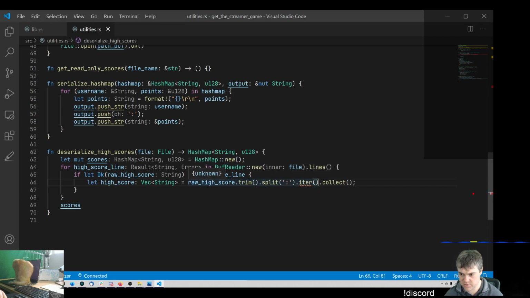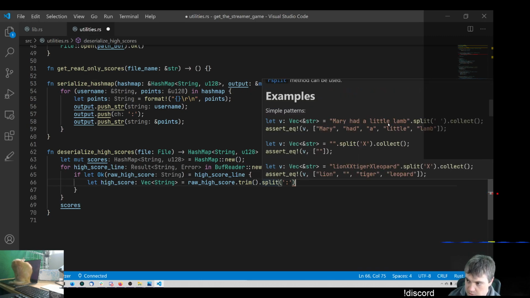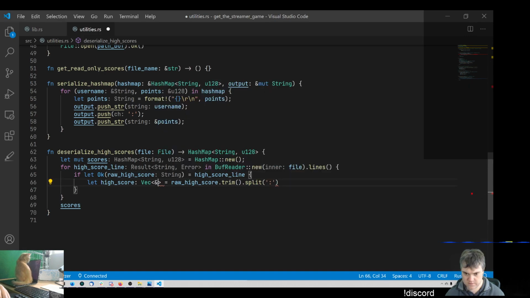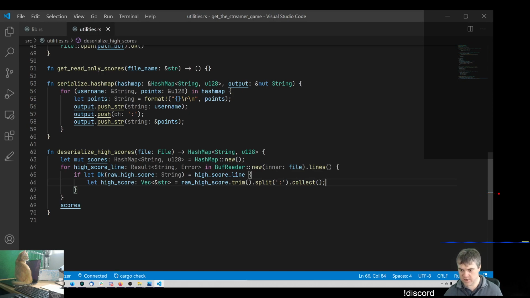Okay, so what does split give us? Oh, string slices. That's what I'm getting. Like that. Okay. There you go. So now this should be happy. Then I want to, on this next line, take out the first one and the second one and sort of like